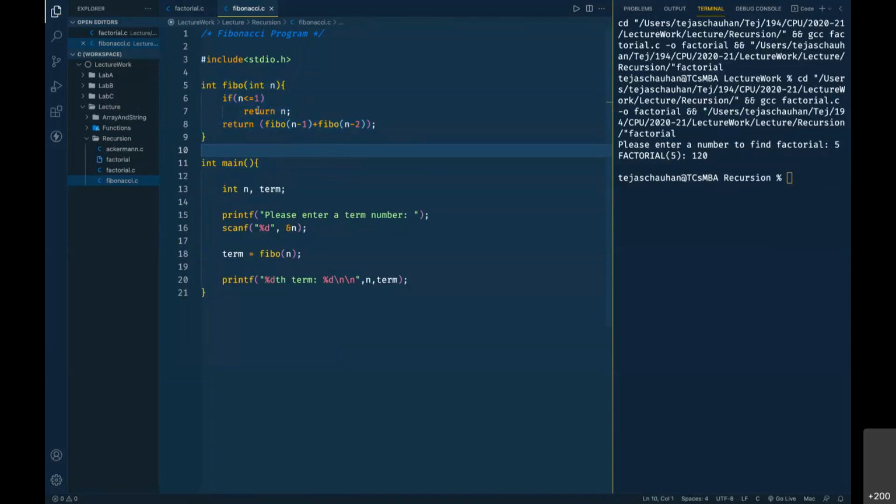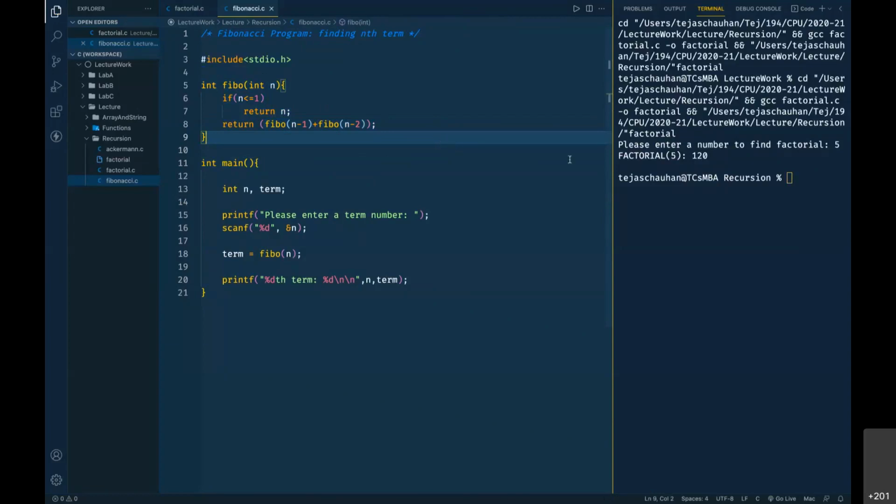Now look, this Fibo function is going to give you the nth term. Fibonacci program finding nth term. Okay, this is not printing the Fibonacci series. If you want to print it, then your code will be something different than this one. In that case, you have to have some static variables and then you need to calculate it and go on. So later on, you'll learn that part, maybe in a few other semesters. But right now, let's focus on this one. We want to find out the nth term, and this is how we can do it.